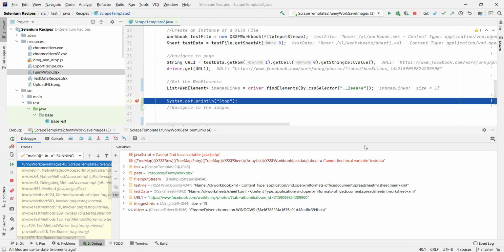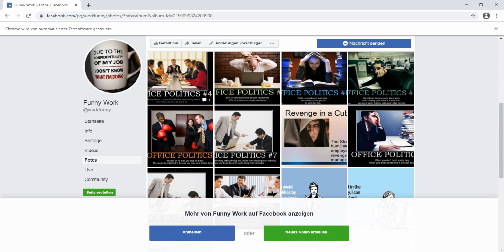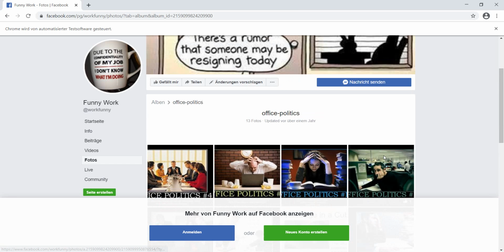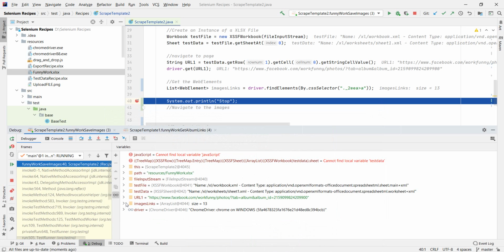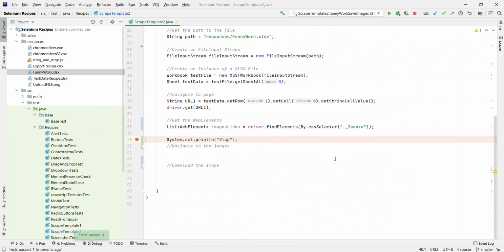Okay, so if I go here, should have 1, 2, 3, 4. Yeah, we have 13 links. Perfect. And if I go to the images like this, we have 13 web elements. So it seems we need to find again, or make again, a special array, which